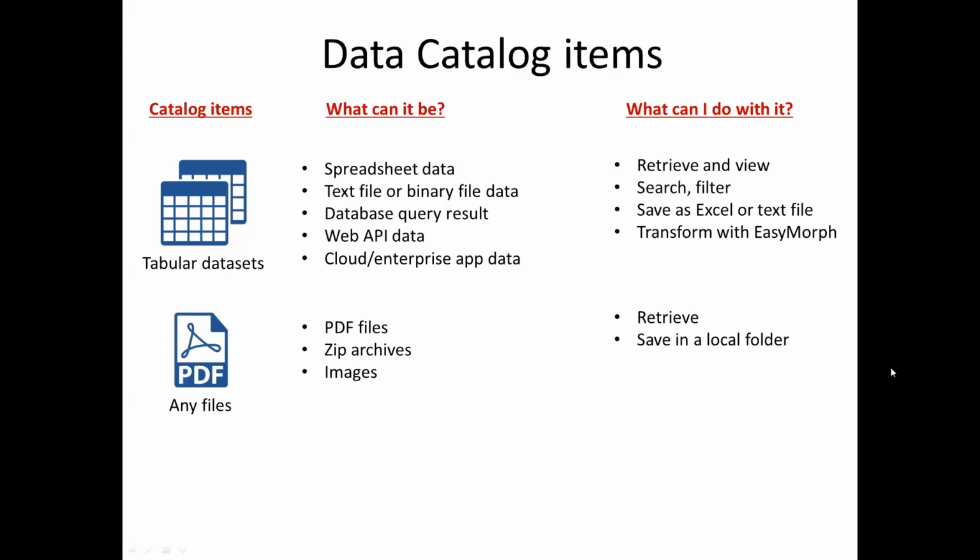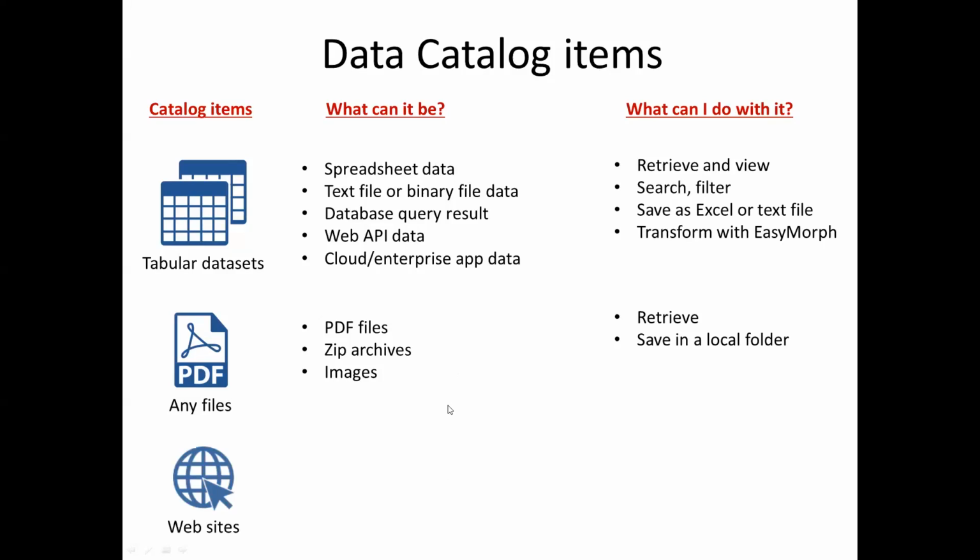What can it be? It can be invoices. It can be PDFs with the technical specifications for products. It can be scans of receipts. It can be basically any document that you work with, because some organizations work with thousands, tens of thousands, maybe even millions of uniform documents, such as invoices or purchase orders. And once in a while, you need to retrieve a specific document. So you need to find it somewhere and retrieve it. With EasyMorph, you can do it in a few clicks.